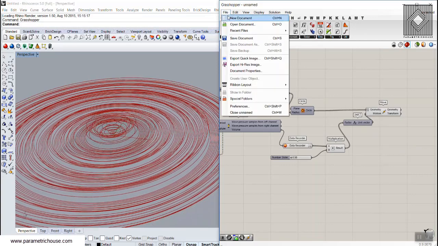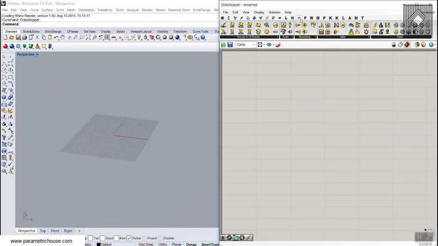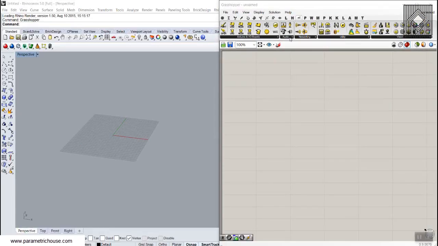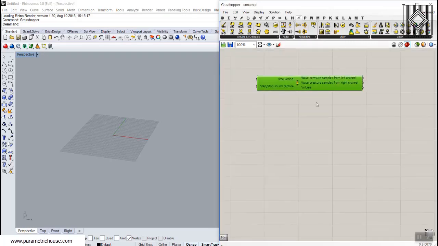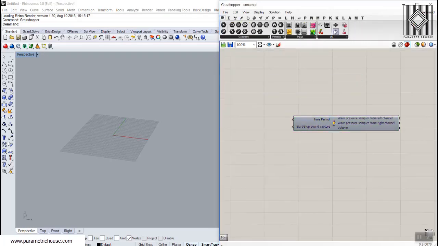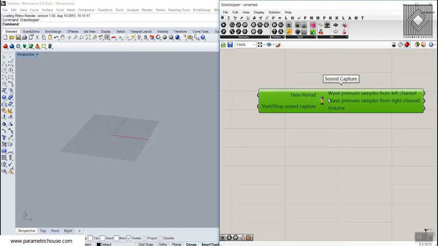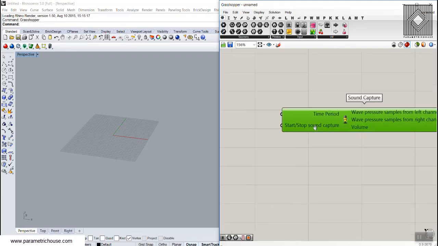So to start, we can go to the Firefly plugin and you can install it easily. In the audio section, you have the sound capture tool. So I'm going to put this in the sound capture, and the first input is the time period, and that's the time in seconds which the sound capture captures sounds.